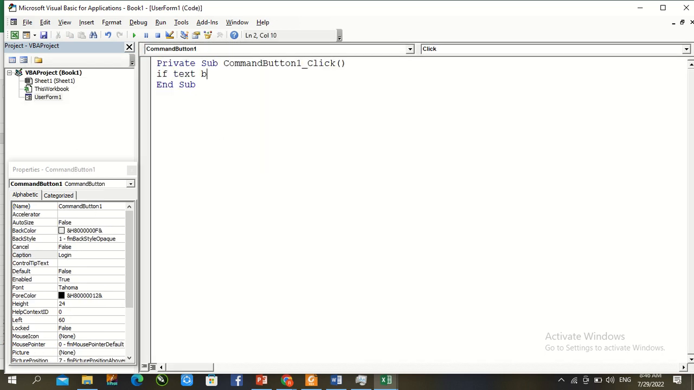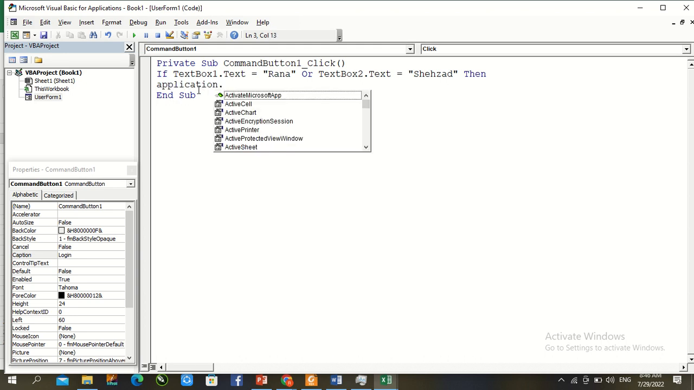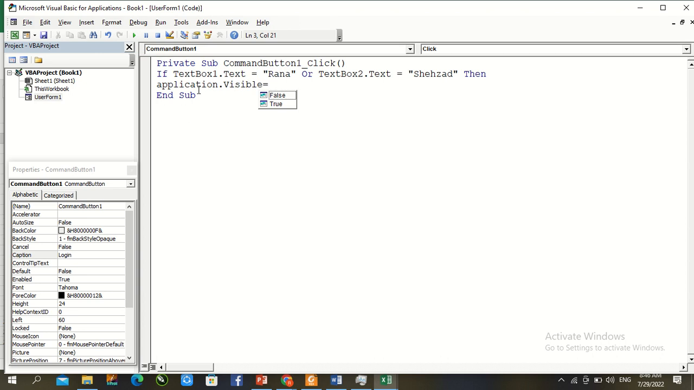If TextBox1.Text equals double quote capital Rana, or TextBox2.Text equals double quote Shehzad, then first condition fulfilled, Application.Visible = True, Unload Me,